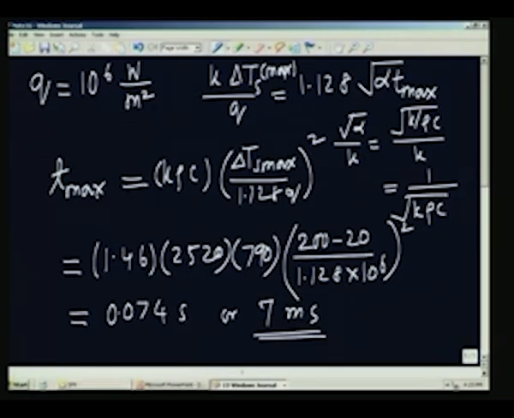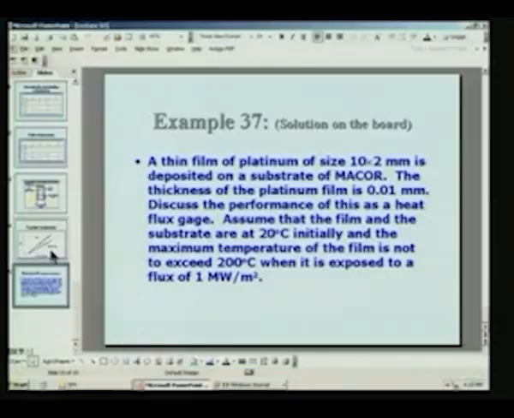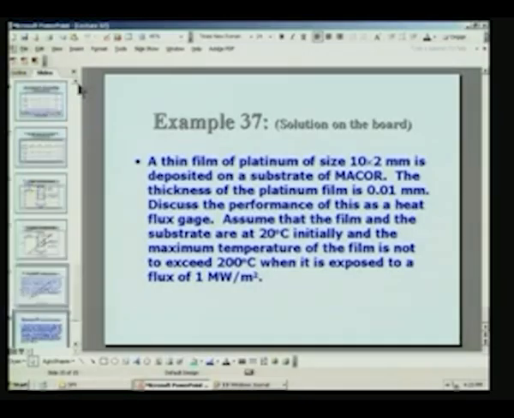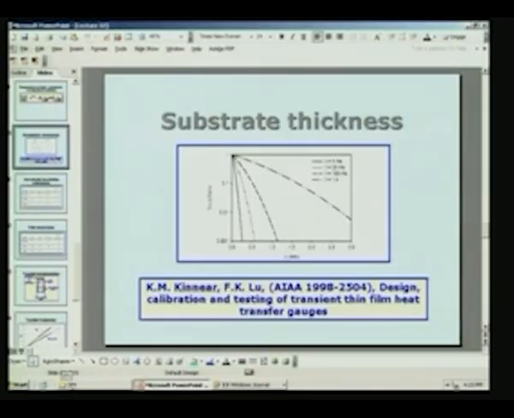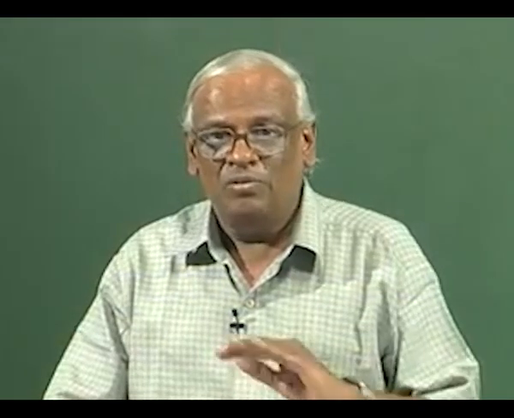So, the sensor will be able to withstand this particular heat flux for about 7 milliseconds. Let us go back and see from the curve given here. We can look at t equal to 7 milliseconds, which is between these two, 5 millisecond and 25 millisecond. So, you see that if I make the substrate about 0.5 millimeters, it is going to satisfy the requirement. So, a very thin layer of Macor, on the surface of which I am going to have this film of 10 microns deposited, will be a good sensor for this